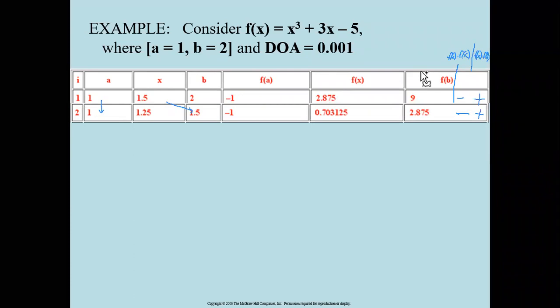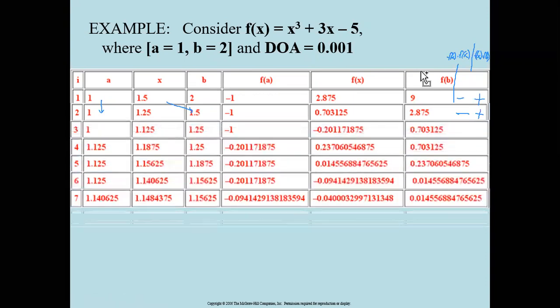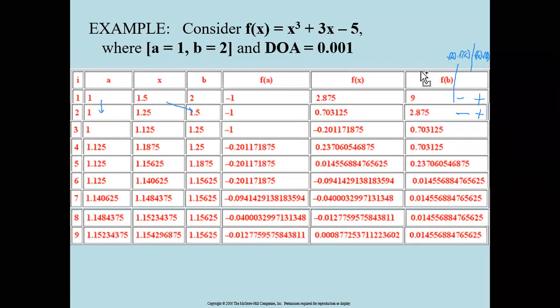So obviously this value of x, 0.703, its absolute value is still greater than the DOA. So we repeat the process until we obtain the stopping criterion, that the absolute value of f(x) is less than the stated degree of accuracy in the problem. So after the ninth iteration,